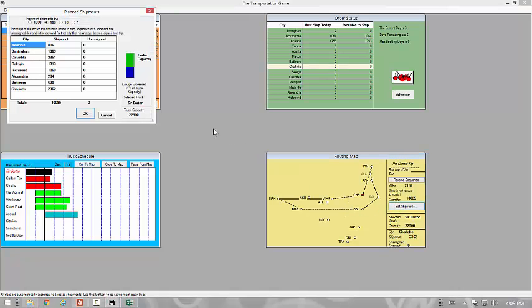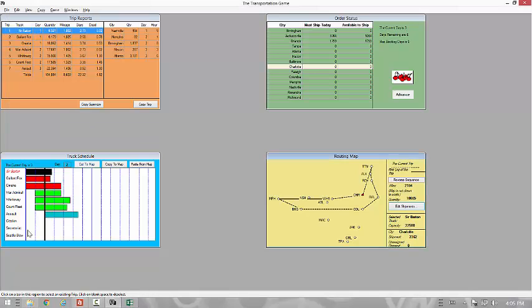And we can probably add Orlando and Jacksonville as well. Maybe we can put that in a separate thing. This is about half full, so we provide that